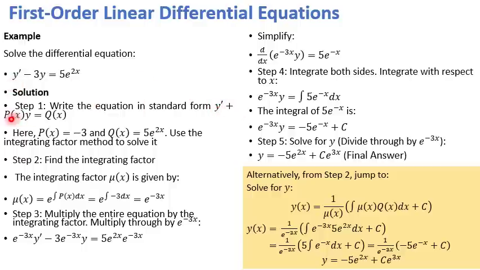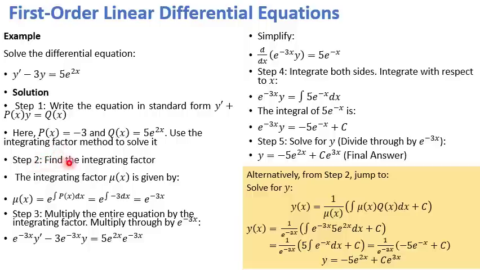Now, relating the equation with the standard form will then show that the coefficient of y from the question is minus 3. So that shows that p of x will equal minus 3, and q of x will equal 5 exponential raised to power 2x. So the next step